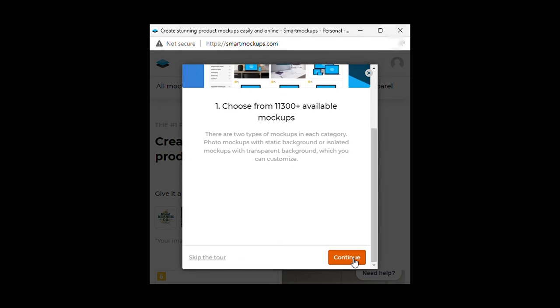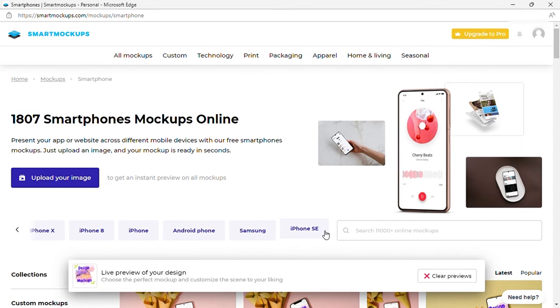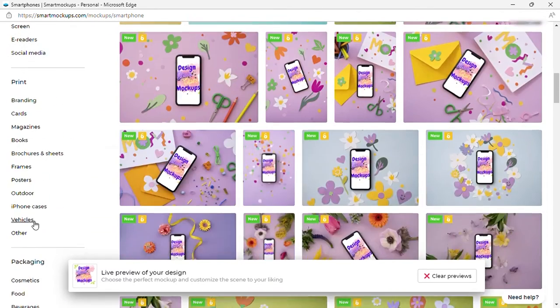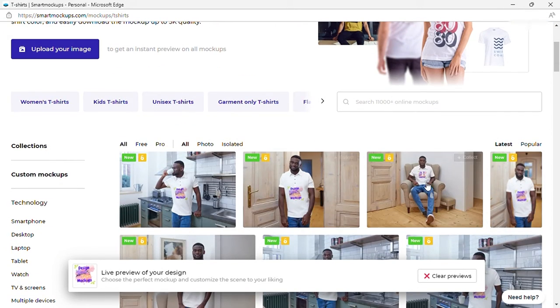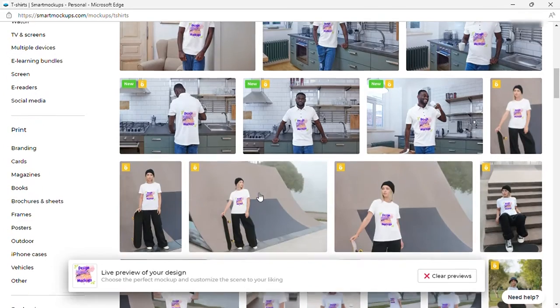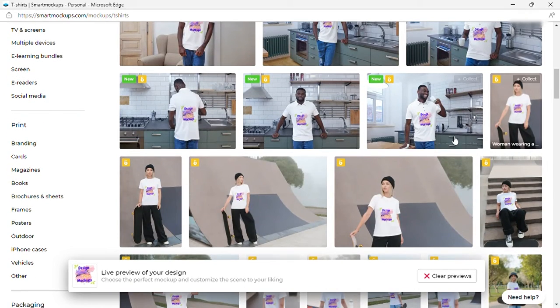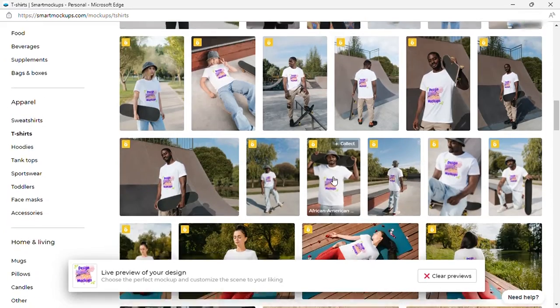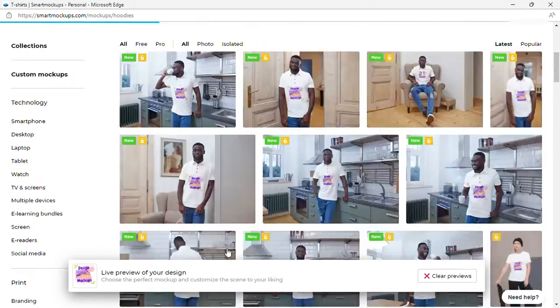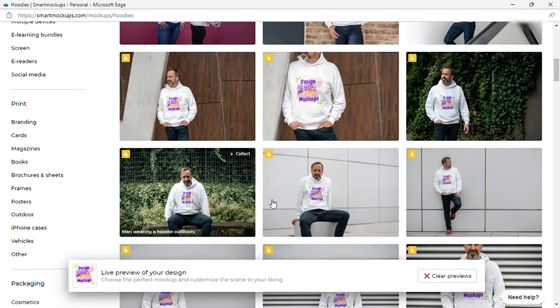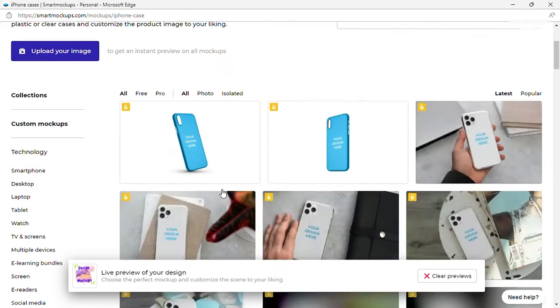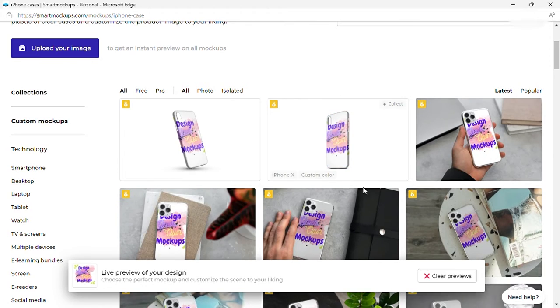And after that, you'll be redirected to the Smart Mockup site. So as you can see here, you have your smartphone mockups. But let's go to t-shirt since our design is for the t-shirt. So my design is for a white t-shirt, but you can also change the shirt color if you like to. That will match your design perfectly. Also, I can have my design mock-ups on hoodies, just like this one. So it's really good. And also, I can do mockups for phone cases, just like this, or also for packaging,